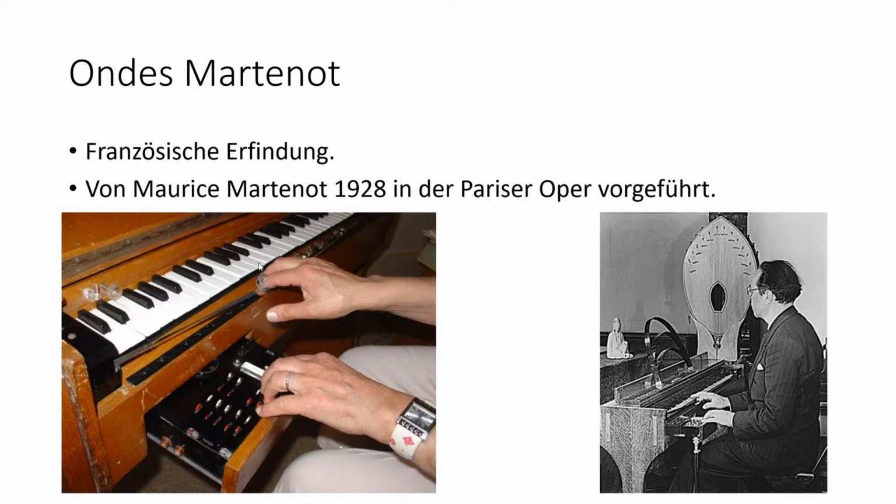So you can see these keys, they were actually not in use. They were just there so you could see where the note is that you're currently playing on this metal string. But later on it became playable, and the string was only used for legato or glissando passages, while the keys were used for more technically difficult parts where you have to be more accurate or play rather fast.